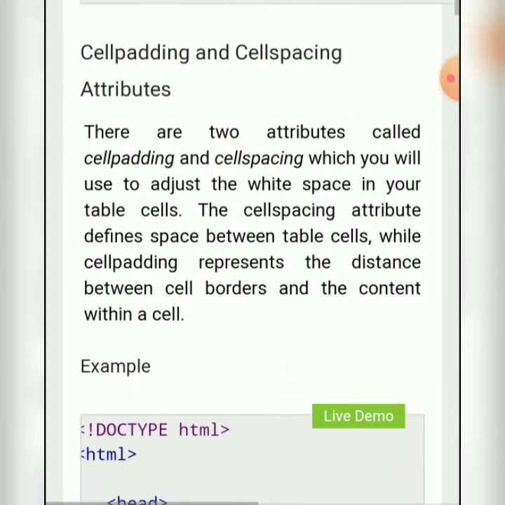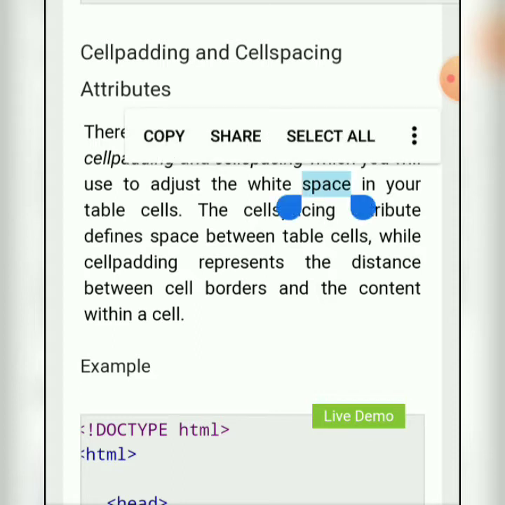Now what are the cellpadding and cellspacing attributes in a table? There are two attributes called cellpadding and cellspacing, which you use to adjust white space in your table cells. That is the most important part: the white space generated by cellpadding and cellspacing in a table cell.